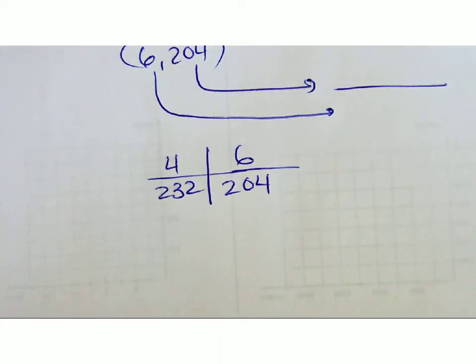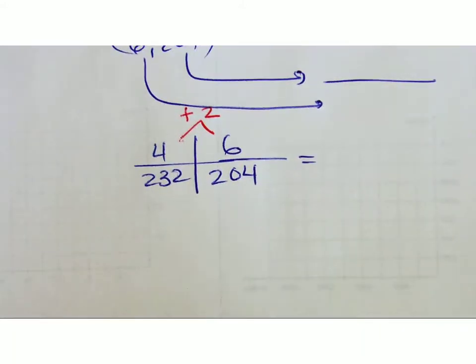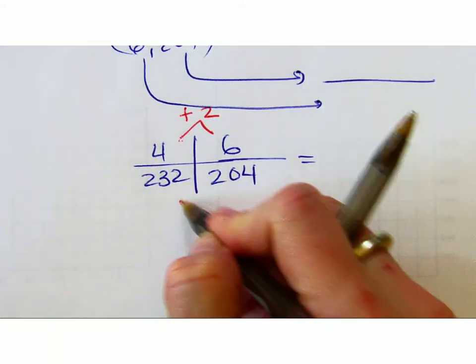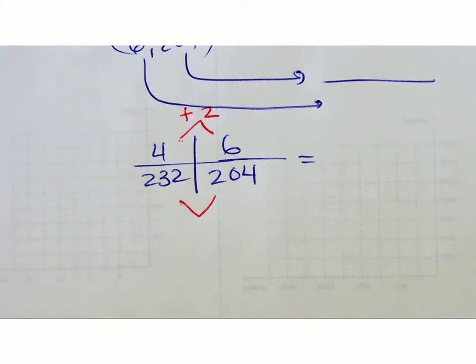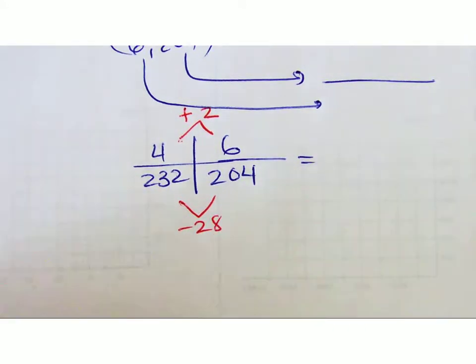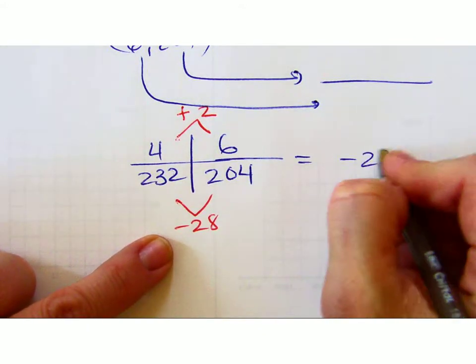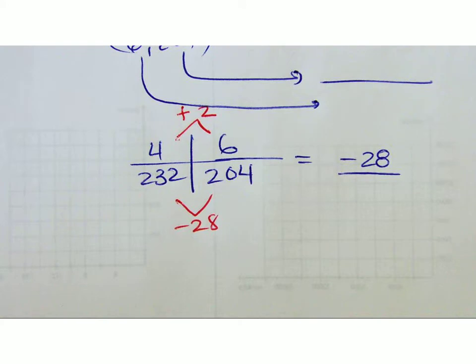So now what am I doing? I'm finding that from week 4, as the number of weeks went up, this time the attendance actually did what? It went down. It went down by 28. Don't forget to put that little negative. That's important. So now my change in my attendance is decreasing, but my number of weeks increased.